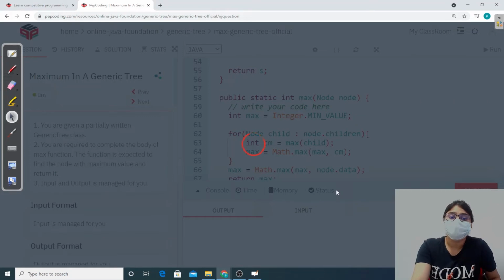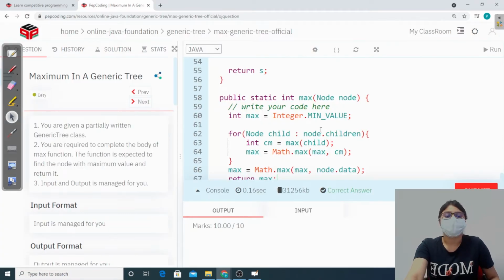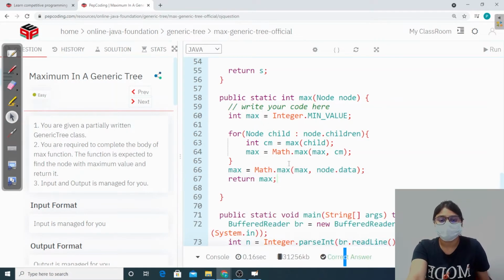We'll see the lower level approach of this. Yes, so our answer is correct. Let's take this code with us and see how it is working.